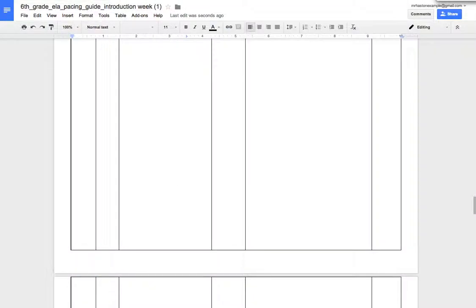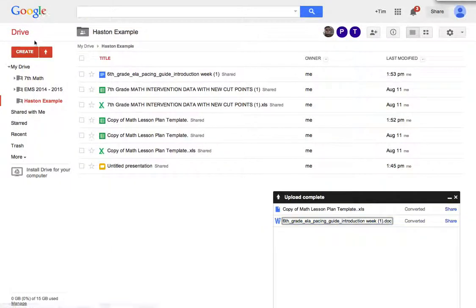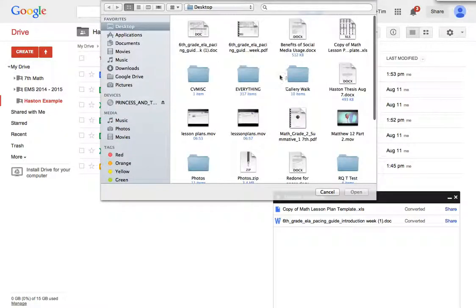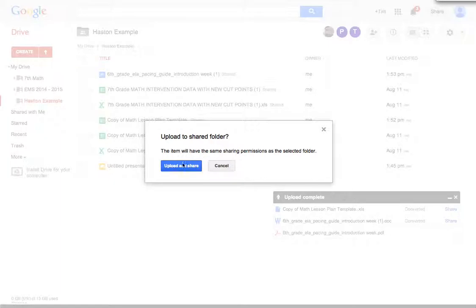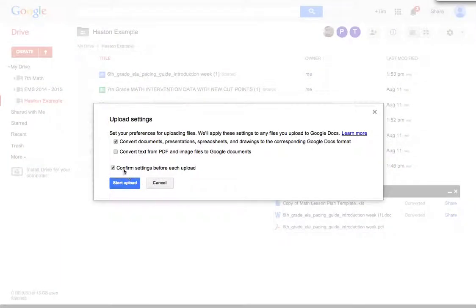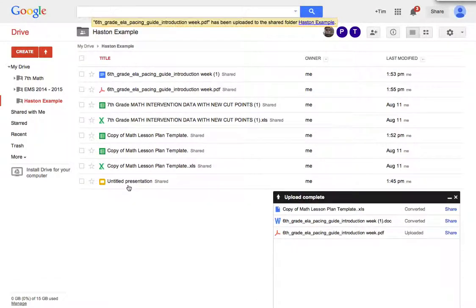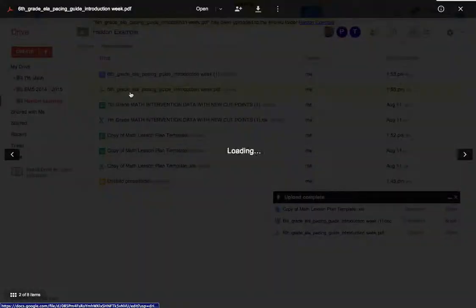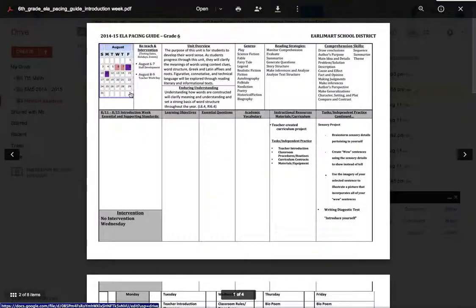That becomes a file that is just basically a giant picture of it. So now when I upload it, if I upload the file, and I go to 6th grade math ELA pacing PDF and open that, I'm going to upload it and share it. And this right here converts presentations, spreadsheets and drawings. I'm using a PDF. I'm not converting the PDF, so I'm not converting this. And now if you take a look at this, it's actually proper. And I could hit open,